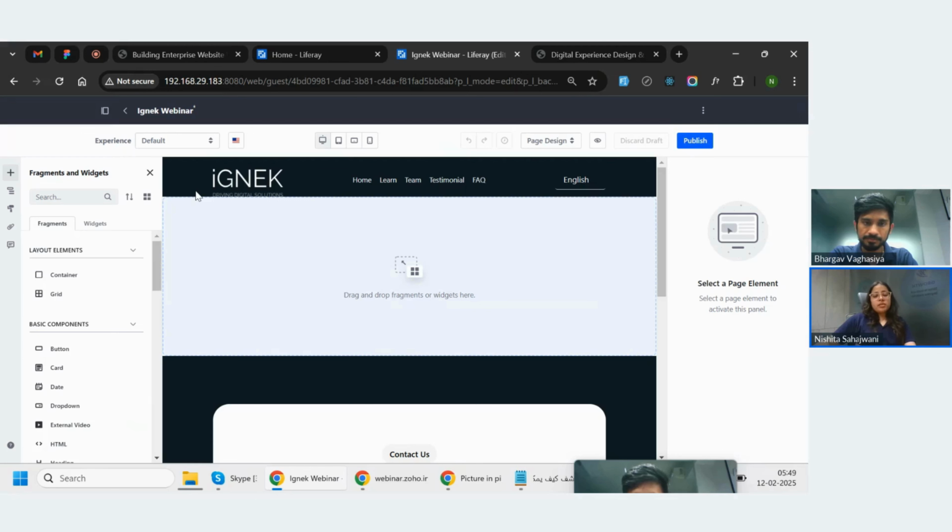If you have something you want to show on each and every page of your Liferay portal, you just use the master page. I only have to implement this header and footer one time on the master page, and whenever I create other pages, I just select that master page. So both things come up on every page. So if I publish this page,